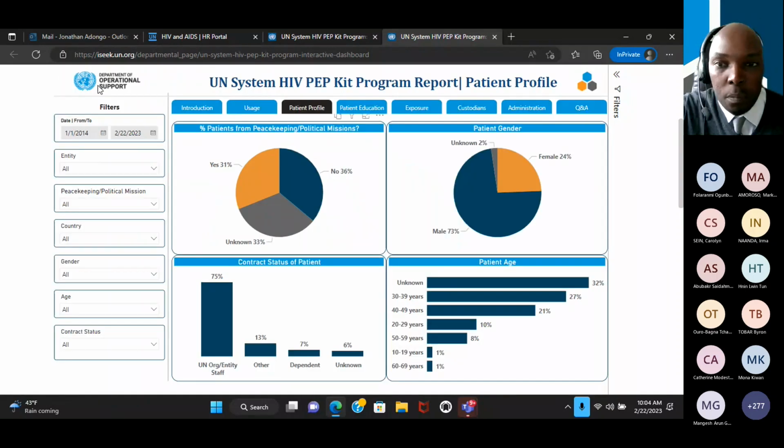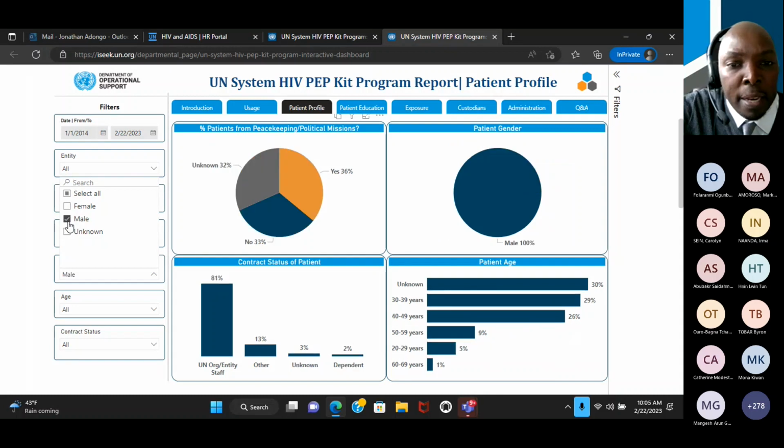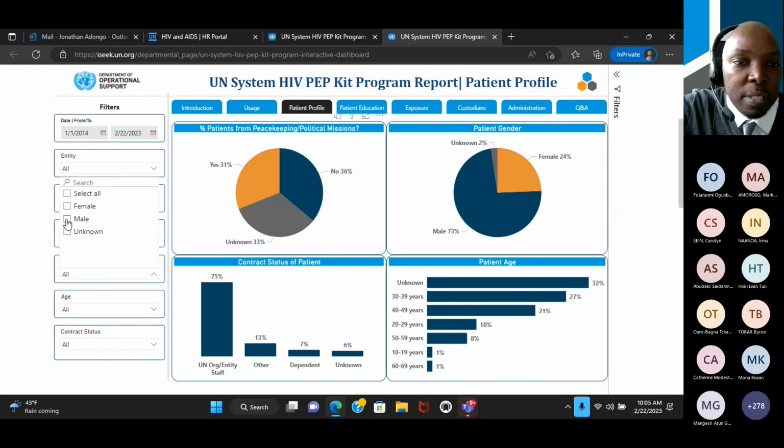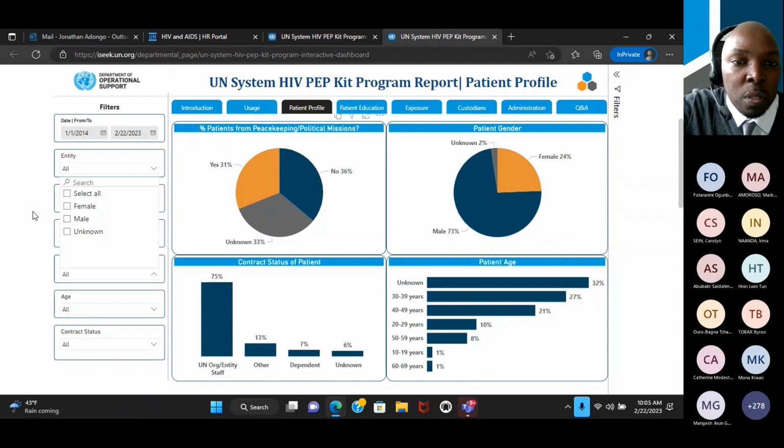So this is the profile of the patient. Once again, you can cut the profile by male or female if you'd like. When I click male, every person in the gender column is male, which shows you the accuracy of that particular filter. If I just deselect the button, it defaults back to the previous format. If I don't do a text search, all I do is deselect to get back to the original visuals.